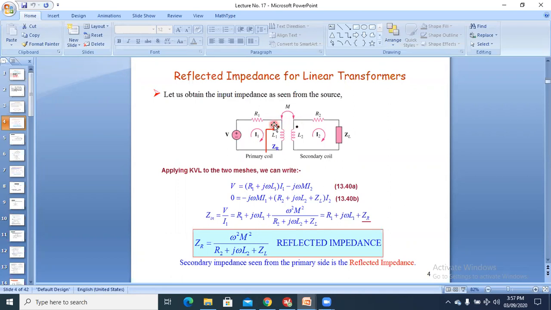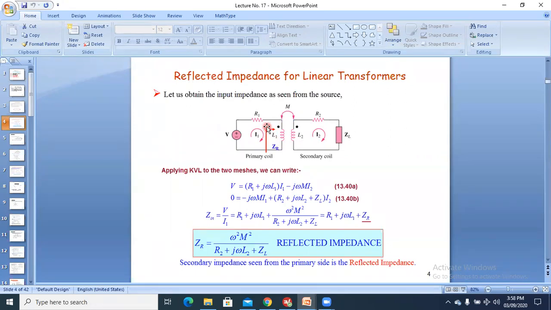The impedance of the primary network must be matched to the secondary network so that we can transfer maximum energy to the load. If there is a mismatch between the impedance of the two networks, the maximum energy cannot be transferred to the network. This we have learned in the maximum power transfer theorem,